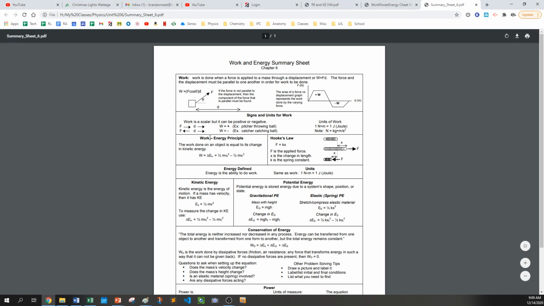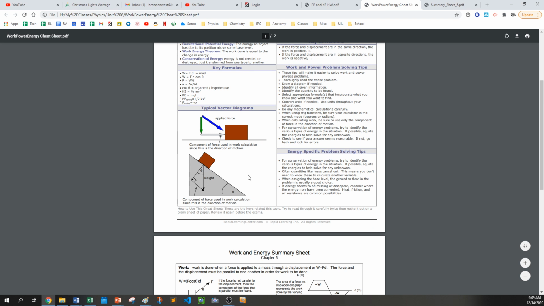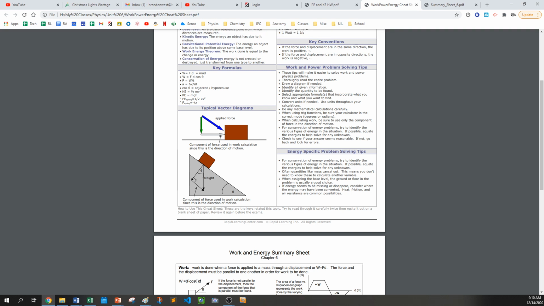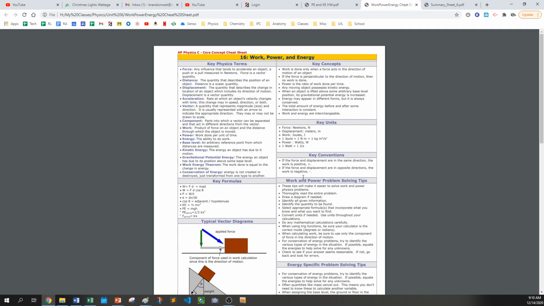Yeah, that's one thing. So notice here, if you're pulling, let's say you're pulling a box with a string, the work is going to be F cosine theta d, because we only care about the parallel force with the displacement. Here's another thing. So here's where theta is equivalent. So the parallel force is opposite of theta. There was another one that's